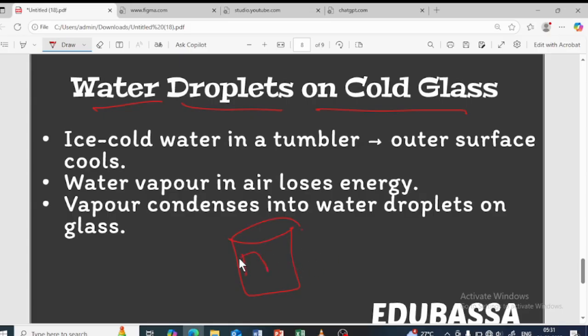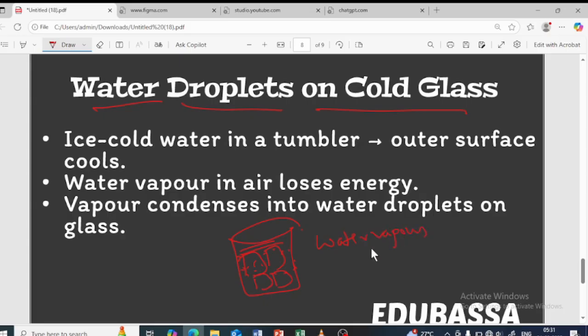You have put up, just imagine you have put up, the ice water in that glass tumbler, and you will keep that glass tumbler in the outside atmosphere. After some time you might see tiny water droplets on the surface of the glass tumbler, right? Why is it so? That is because, so what happens is nothing but, in the atmosphere water vapor is present,